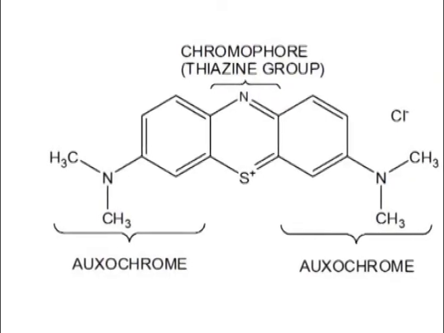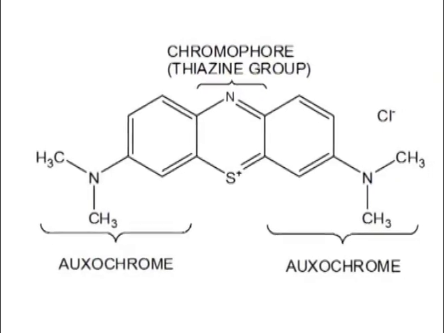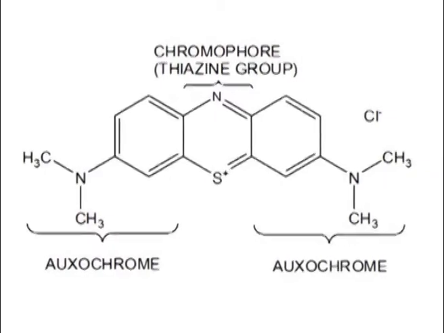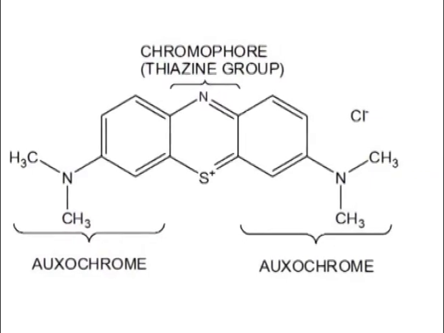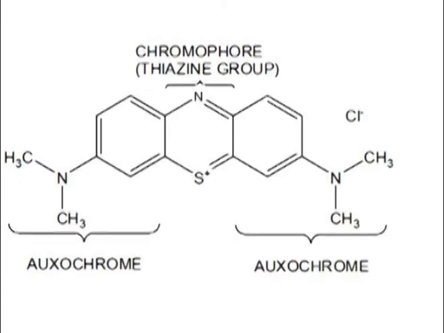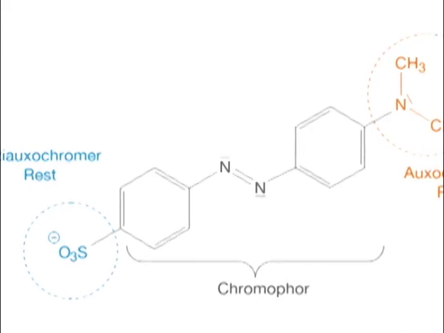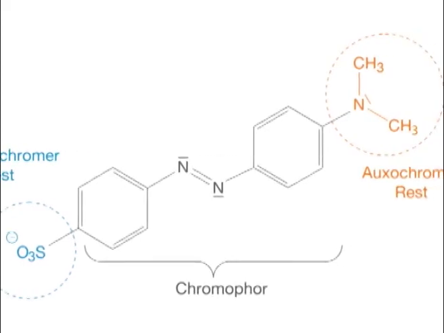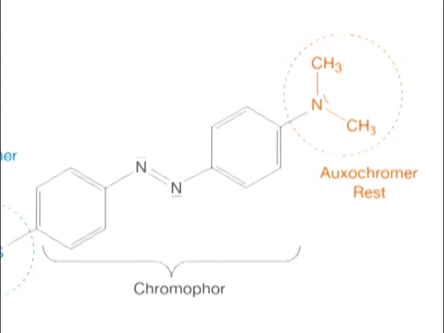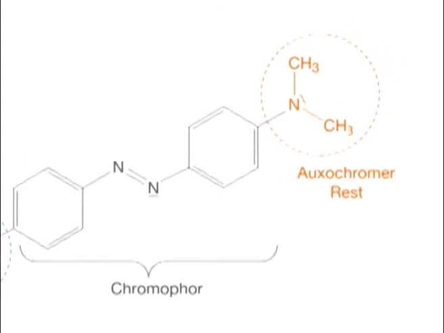Next term is auxochrome. The absorption of a given molecule is enhanced by the presence of groups called auxochromes. These groups have a profound effect on the absorption of the molecule to which they are attached. Example, hydroxyl group, methyl group, nitro group, etc. They displace the absorption maximum to a longer wavelength, which is known as bathochromic shift. They are electron donating groups.